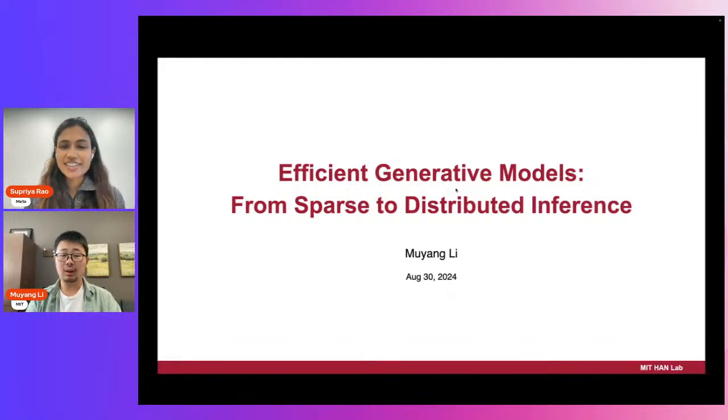So, the goal of this talk is for us to connect with leading researchers and power users of PyTorch. I'm Supriya Rao, and I work on PyTorch, and we're really excited to kick off this series today. So, at PyTorch, we are really committed to staying at the forefront of cutting edge research and innovation. And what better way to do that than to connect directly with experts themselves? So, through this series, we really hope to learn about the latest advancements in AI and share those insights with the wider PyTorch community, and at the same time, understand how PyTorch is being used by the research community.